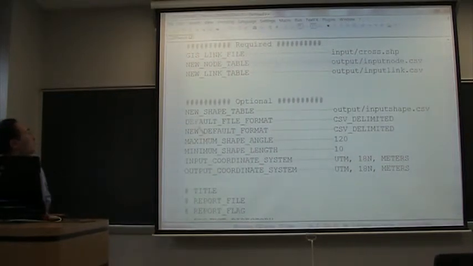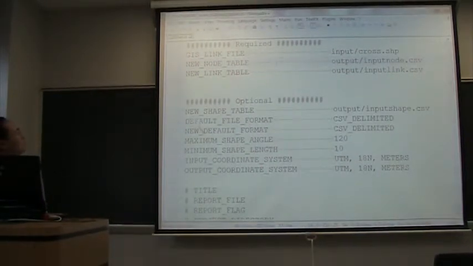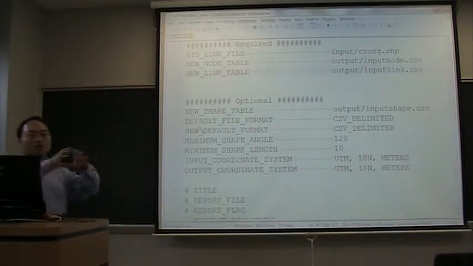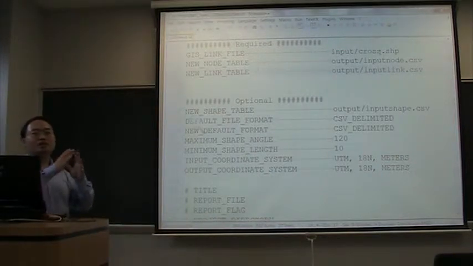This file was created by me yesterday. For example, this is a key, this is the value, this is another key, this is the value. So these are parameter names and parameter values. There are three keys required in gsnap. The GSLink file, which is the cross.shp I just created,